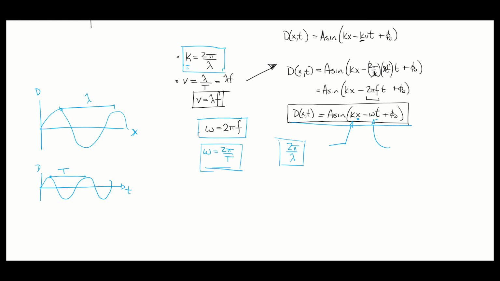Anyway, I think this is essentially where we're going to stop today. We will definitely do a lot more of this in the synchronous sessions and get used to how to apply this equation and how to use it when we're describing waves. Much like when we were looking at our simple harmonic motion problems, a lot of it is just getting used to how to translate the thing we're trying to describe into the language that we use in here: what's the wave number, what's the angular frequency, what's what we would call the phase constant here. Once we get comfortable with that, I think we're in a good place for how to describe waves in a quantitative way.